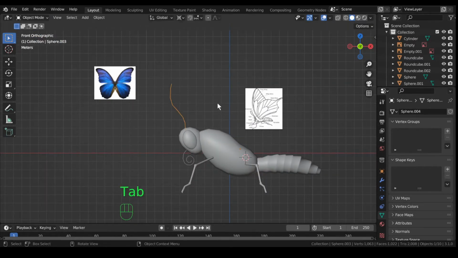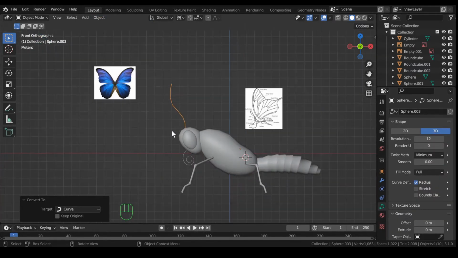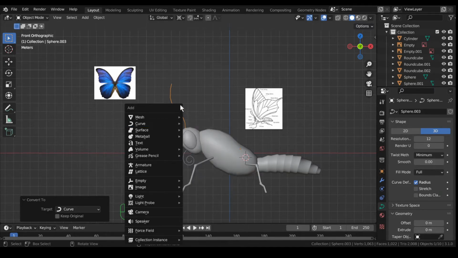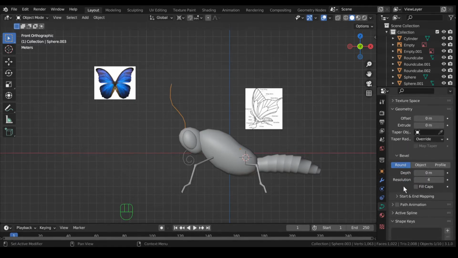So, back in object mode, click your object button, go down to convert, back into curve. Now there are Bezier curves. If you hit Shift A and curve, you can make curves of all kinds. Most of the time I make my own by extruding vertex and turning it into a curve. It's just easier for me. You don't have to deal with a bunch of handles and stuff, so this is just a basic introduction to curves. Scroll down, change this to 2,